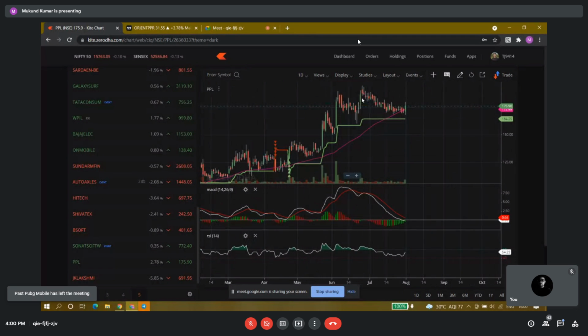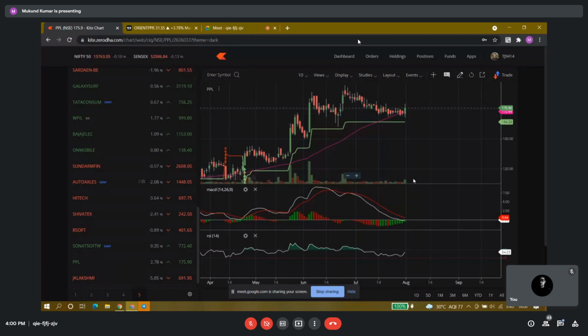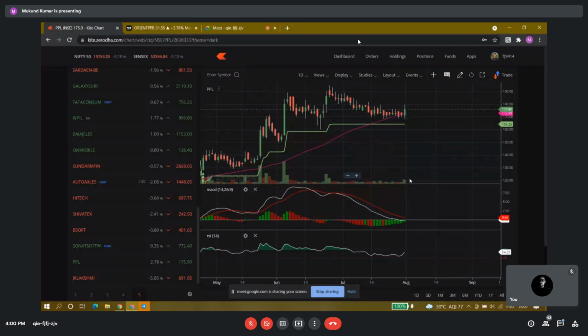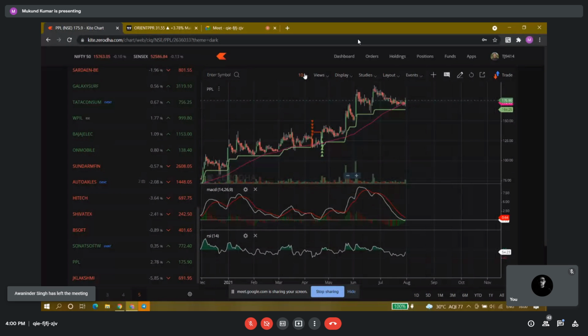You can see the stock was in correction, and I was waiting for this green candle formation. And you can see that this green candle formation is with some better volume as compared to the last few volumes. The result was declared, I think, day before yesterday, and the result is on a better side. So I think this stock can again do good. When seeing this stock correcting, you can see that this is a good support zone for this stock, and I am seeing a bounce here. I have given a buy call on this particular stock because